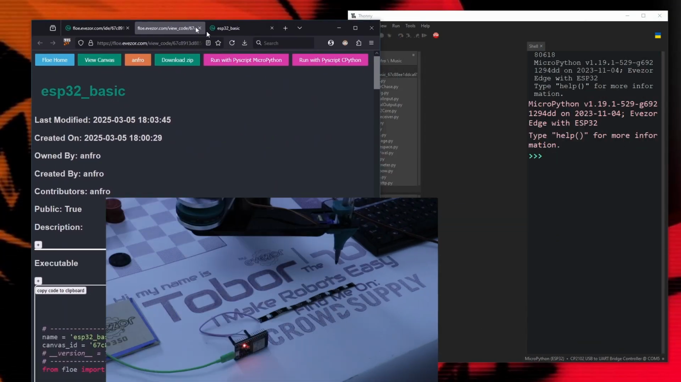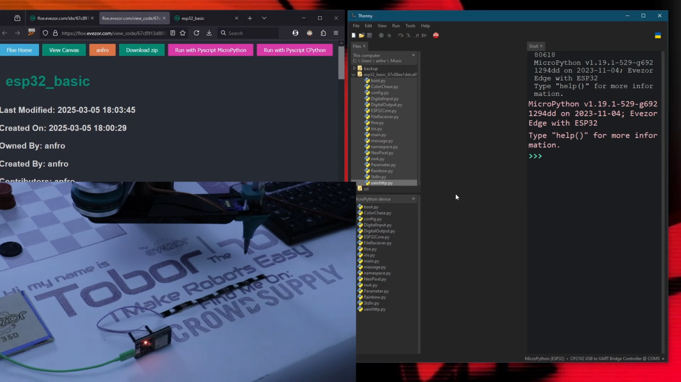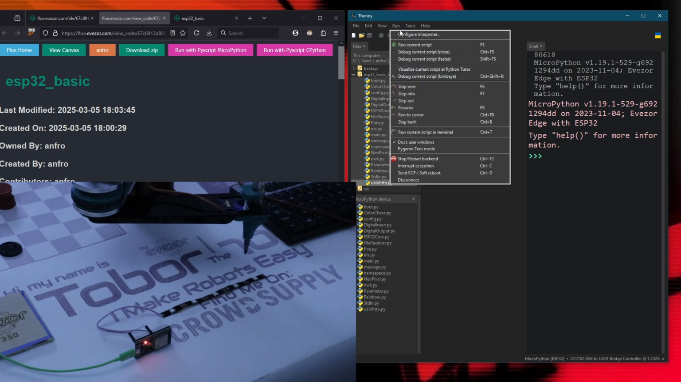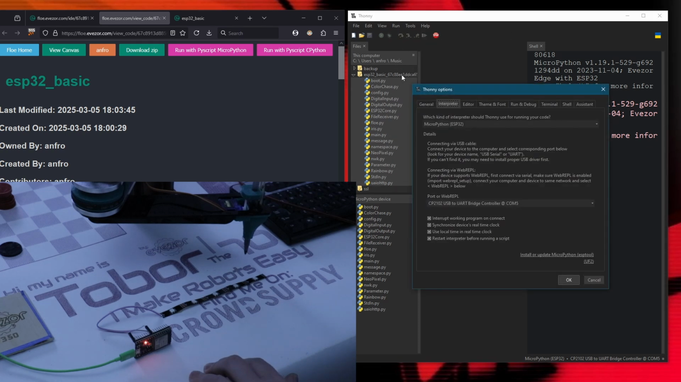Let's go ahead and look into Thonny here real quick. So I will also offer links up here to get to Thonny. This is an easy way to load and configure things with MicroPython. So what we're going to do is click Run and Configure Interpreter. We are going to act like this is a fresh